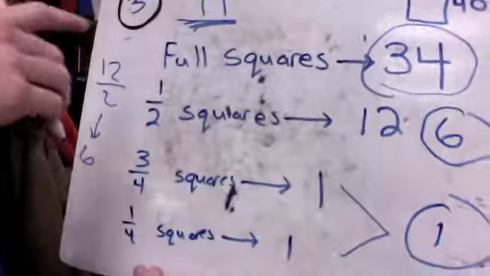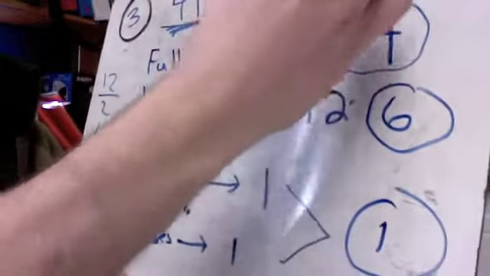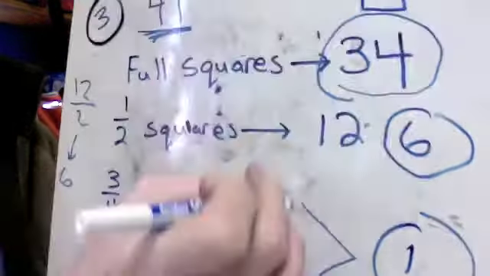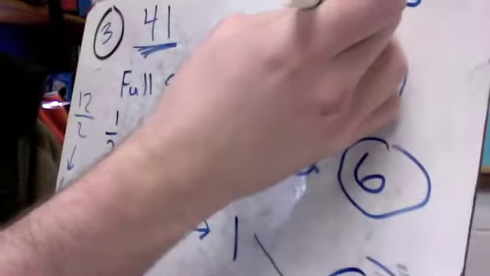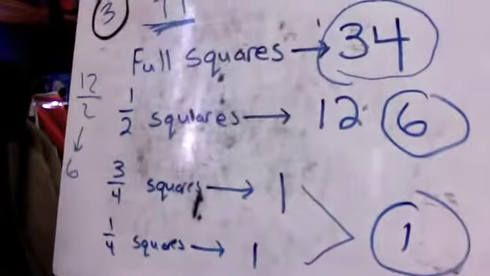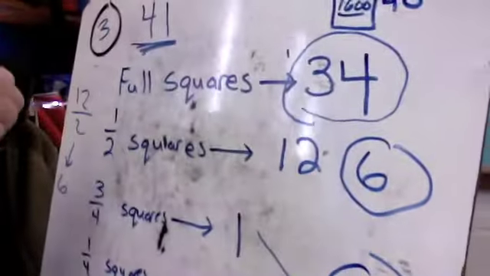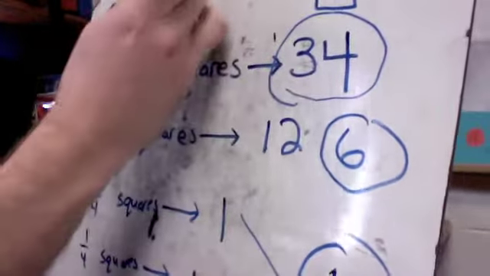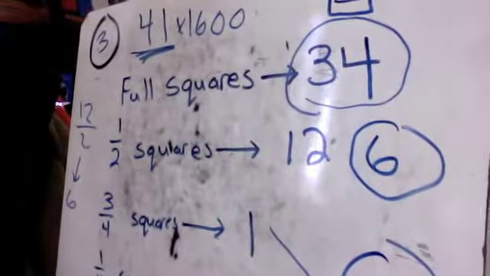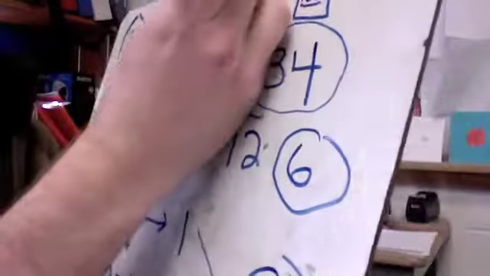Okay. Now, if you took it a step further and you noticed that each square was 40 by 40, which would give us 40 times 40, which would be 1,600. Okay. So each individual square, because it's not drawn to scale, so they give you that little 40 by 40 on there. Each square is actually 1,600 for an area. So actually you could do 41 times 1,600